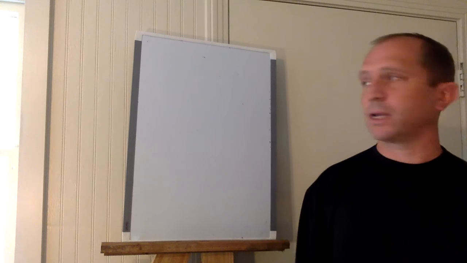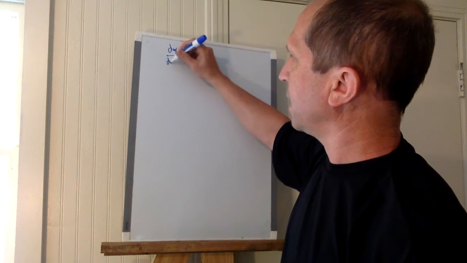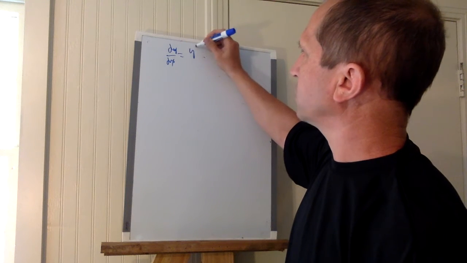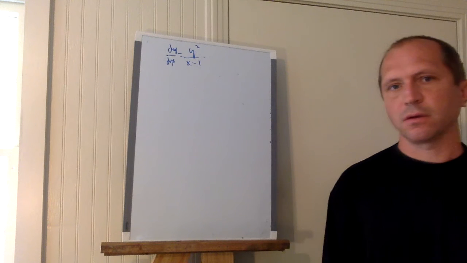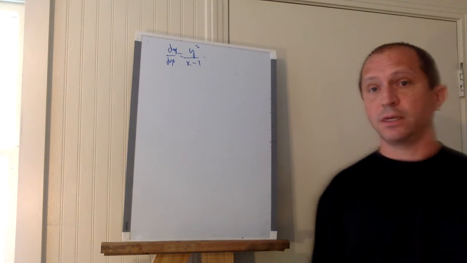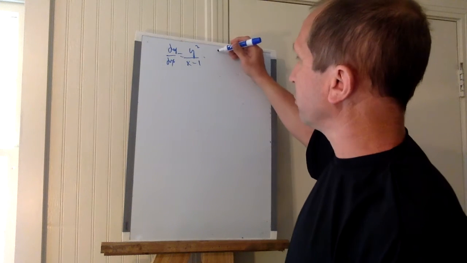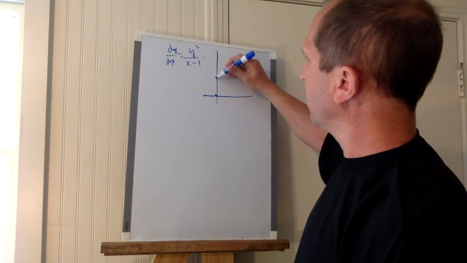First thing they tell us is that dy/dx is equal to y squared over x minus 1. Now, from that, what we want to do is break this down and see what the different slopes are for the 6 points. Of course, they leave off 1